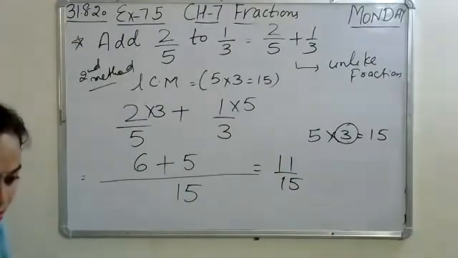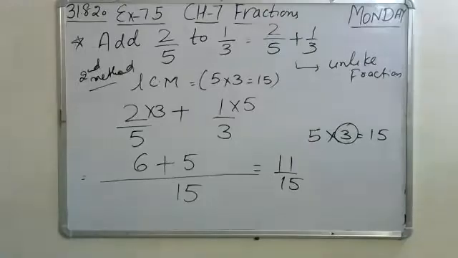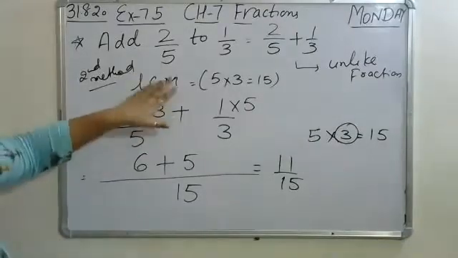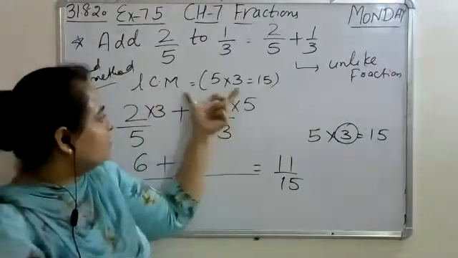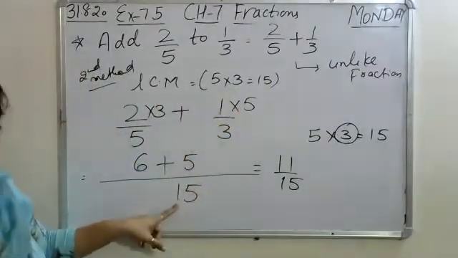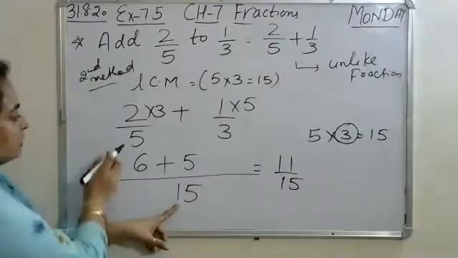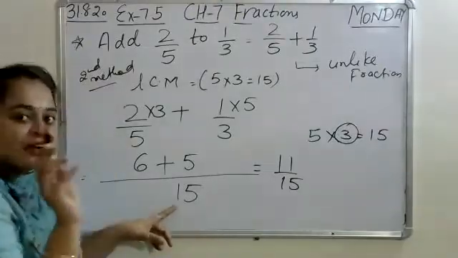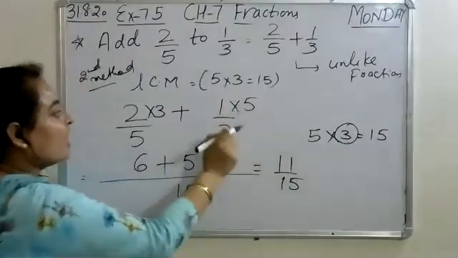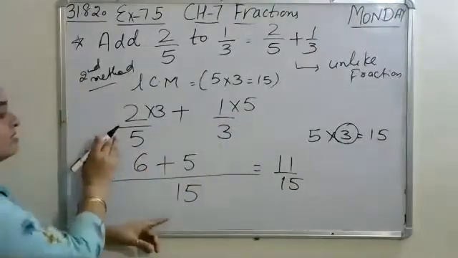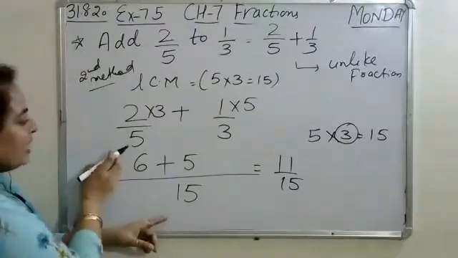So note down all of you. As the fractions are unlike fractions, first of all we will find out the LCM. After that, observe, this is 5. Always start from the first number. You will not start from this side. Always start your calculation from the left hand side. On the left hand side we have 5.